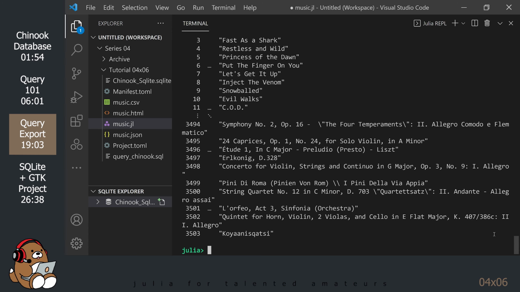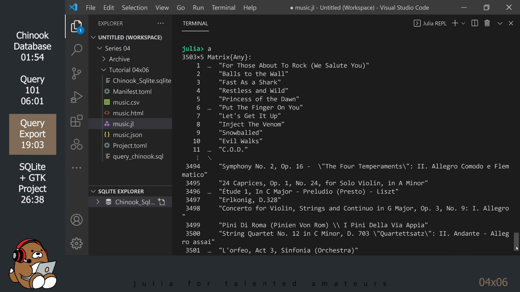Once you have your data inside a Julia array, you can do all sorts of interesting things with it. Note that when you convert a data frame into an array, it leaves off the header row. In my case, this is what I want, but it may or may not be what you want depending on what you're planning on doing with your data.